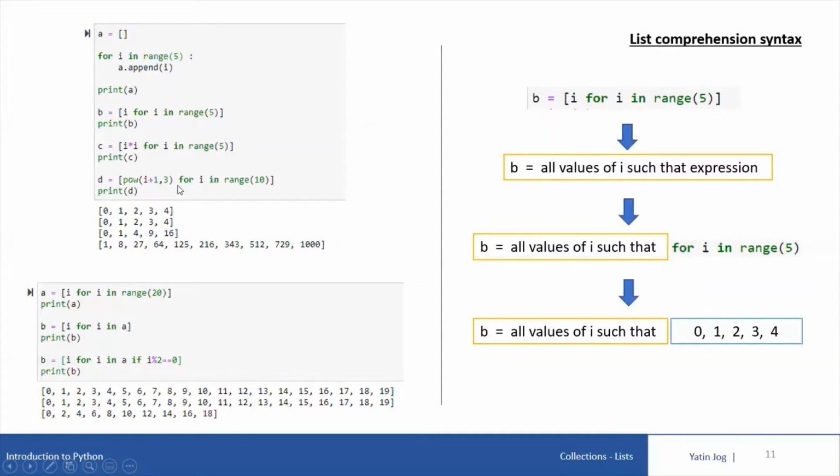So first we'll look at the normal code. I'm declaring a null list variable, A is equal to only square brackets. That means I don't have any values in my list variable A. Now, if I want to add 5 values to my list in a loop structure, then I'll say for I in range 5. That means this I will take all the values between 0 to 4. A dot append. Append is a list method. It will add the value which I am passing at the end of the list.